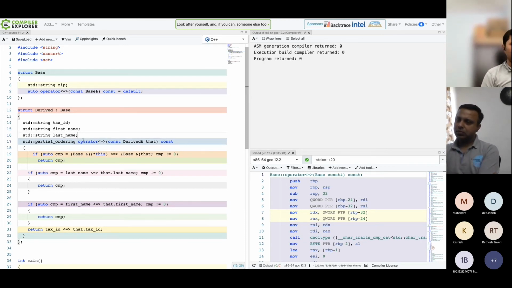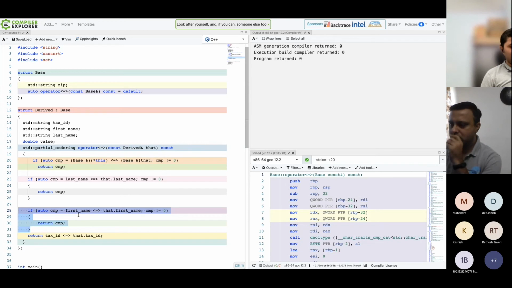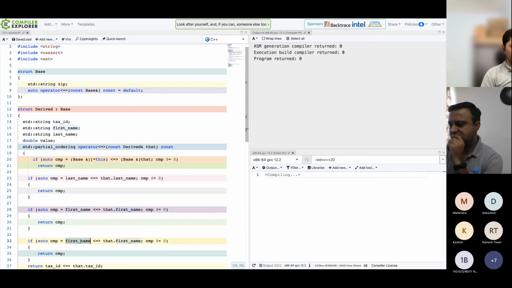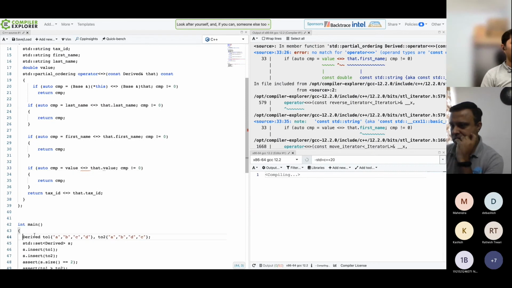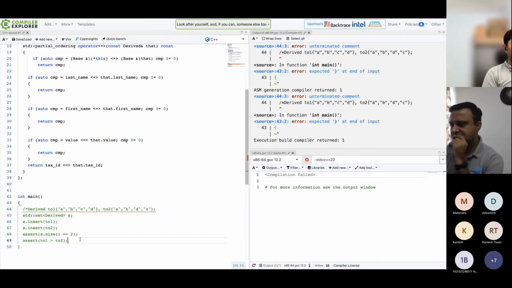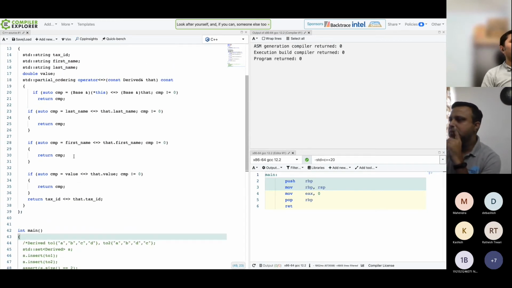Now let me just add another member variable here. Let's say double value. Okay, and let me compare that as well here and see what we have. Here is, let's say, value, and here we have value. Definitely we'll get a compilation error because of this as well, because see, the aggregation, whatever type we are saying, is not correct there. It expects now 5 arguments, we are passing one only. Now if I make it partial ordering, still fine, but if I revert back to strong ordering,